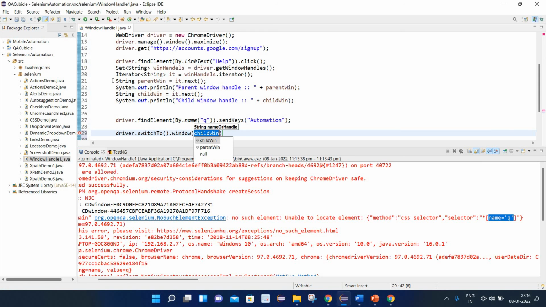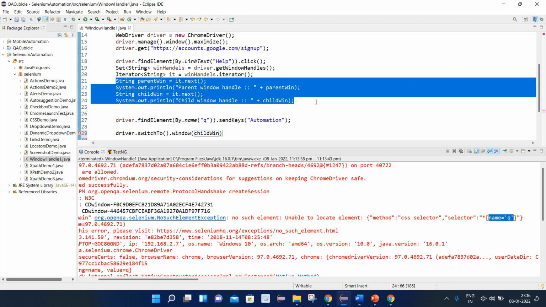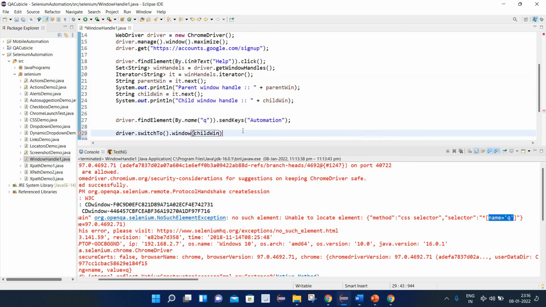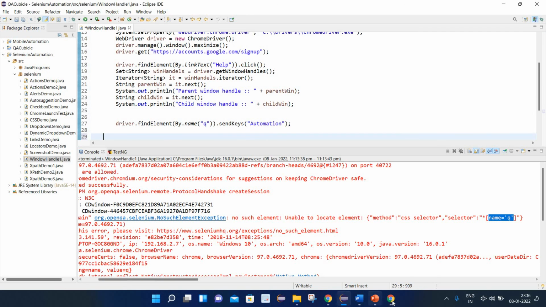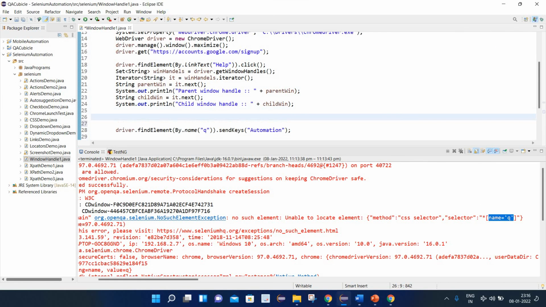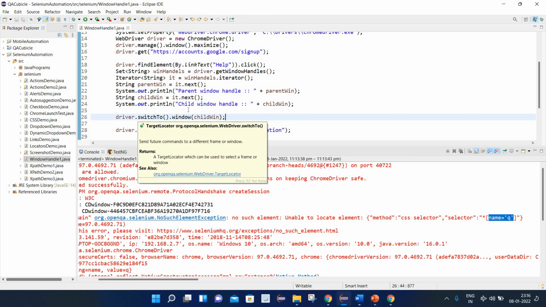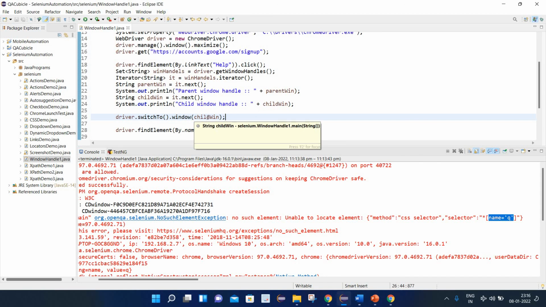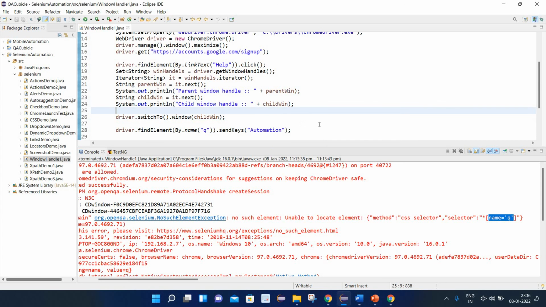If you remember, in my previous video I explained how you can get the details of the parent and the child window. As here we need to work on the child window, I am passing the child window reference here. Before performing any operation on this Google Account Help page, we need to switch to it, so we need to put our code here. We write driver.switchTo().window, and in the window we provide the detail of the window where we want to switch. Now let's execute it and see what happens.